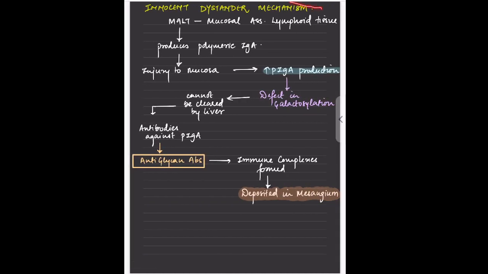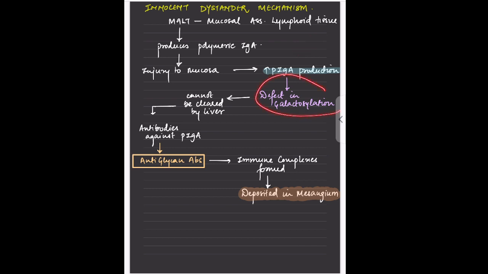Then there is the mechanism, the innocent bystander mechanism, wherein the mucosa associated lymphoid tissue is insulted, or there is injury occurring. That will lead to polymeric IgA production. This is actually produced by the mucosa, but in small amounts, or we say that there is normal production, but